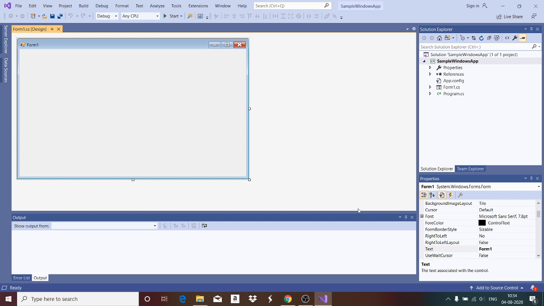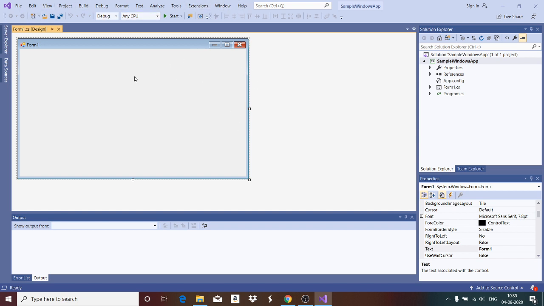And on the bottom left side you have an output window. The output window is used for the console-based application, and it is also used for listing the errors. This is also an error list box. So if you have any error in your program, the error list will be listed here. All the errors will be listed here. And you have different menus available here. We will explore each and every menu later.